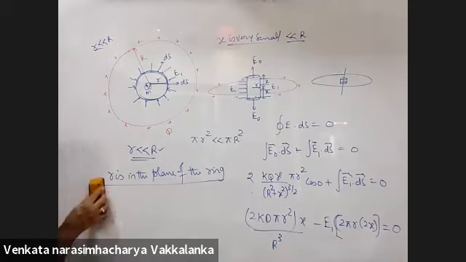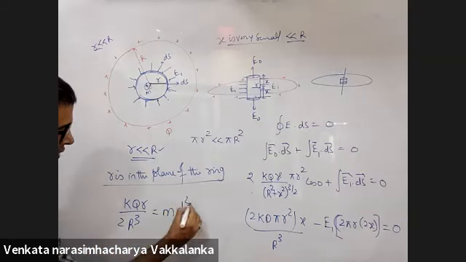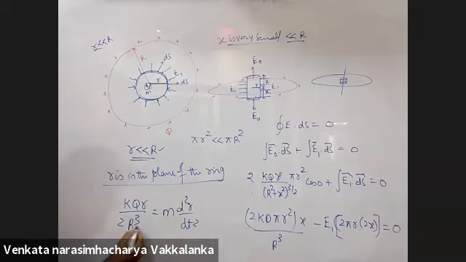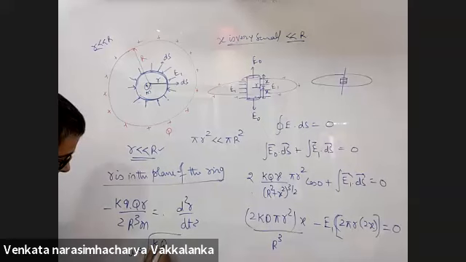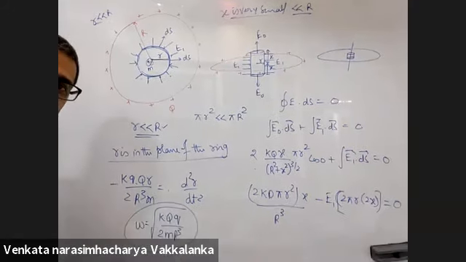All that you will do is equate this to KQ small r by R cube. Is 2 in the numerator or denominator? Denominator. Equate it to mass into acceleration, d2r by dt square. So there will be small q also, right? And k small. So with a negative sign because they are in opposite direction. Omega will be under root k capital Q small q by 2m capital R cube. Time period उससे आ जाएगा.